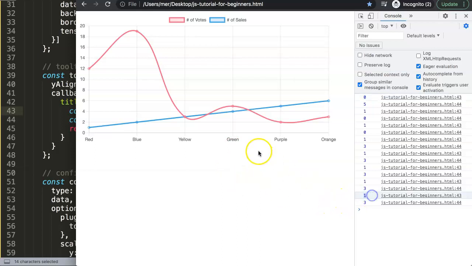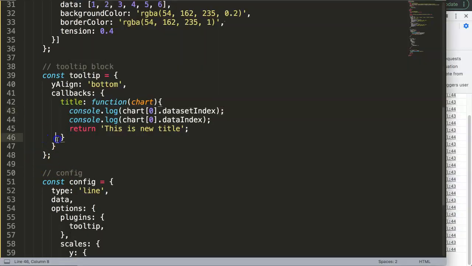You can see here index 1 or dataset index 1, which is correct, is the blue one, and then number 3, which is also correct because this is 0, 1, 2, 3. Alright, so this is basically here. So what we can do here now is let's put it in here, but what I will do here is